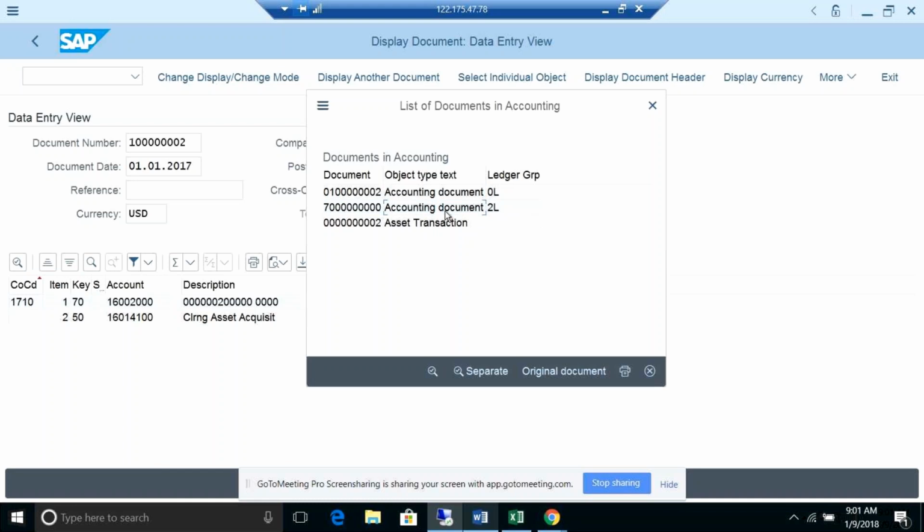Those are not changed much, only from the depreciation point of view. New screens are added when new dimensions come, and everywhere you can see the depreciation area, accounting principles, and all those things. We will look into those things tomorrow, and some other things also. From the configuration point of view it is only this much, but understanding is very important. If you miss some understanding, you cannot do the configuration, and you will face a lot of issues. This is the final output for the configuration which we did.